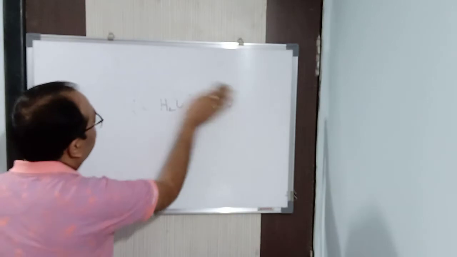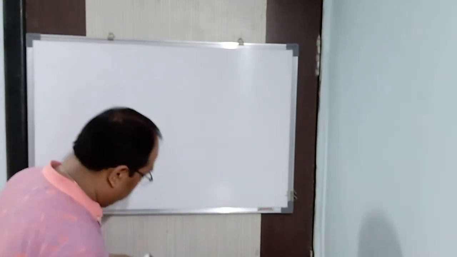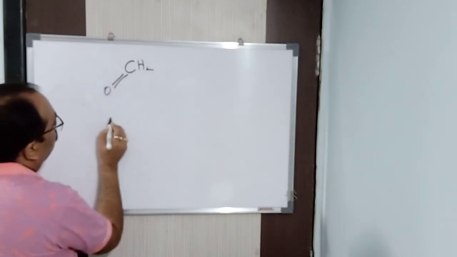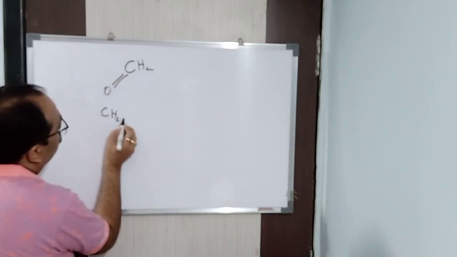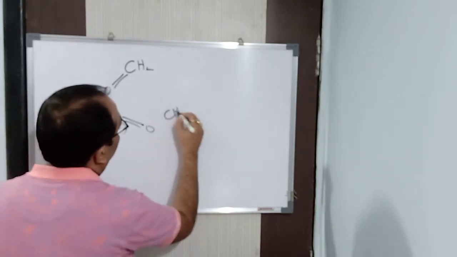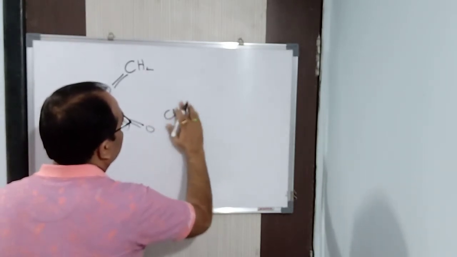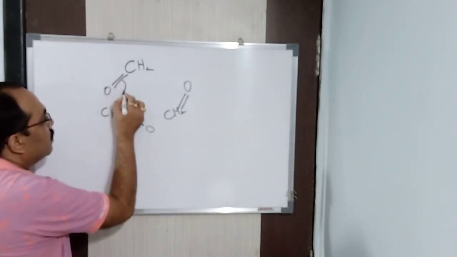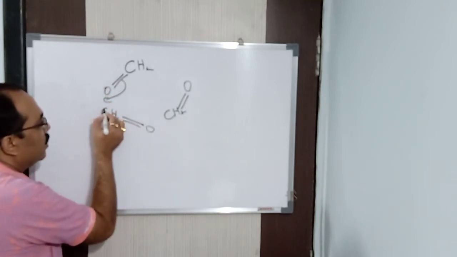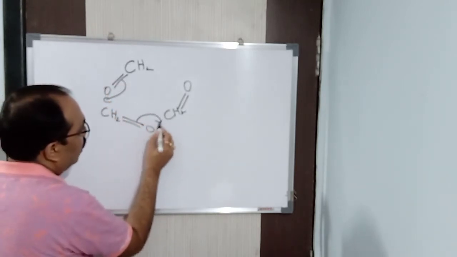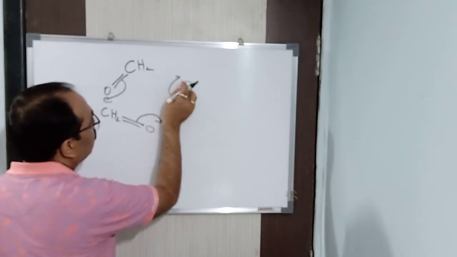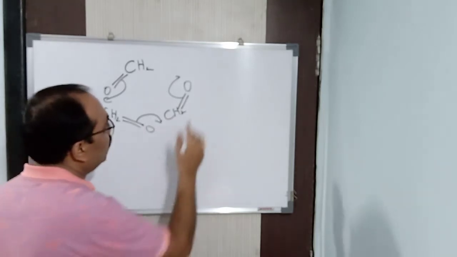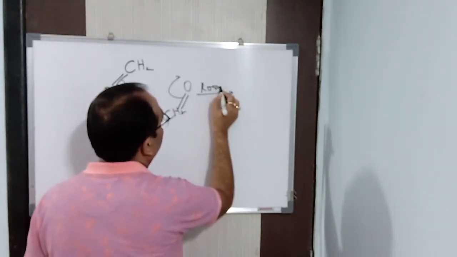So let's see how the reaction takes place. That is CH2=O, and here we take another CH2=O. You need to write it properly, the way I am writing it, so that we get the product easily. See here, this pair of electrons comes here and joins with carbon. This pair of electrons comes here and joins with carbon. This pair of electrons comes here and joins with this oxygen and carbon. Clear? In this way, it takes place at room temperature.